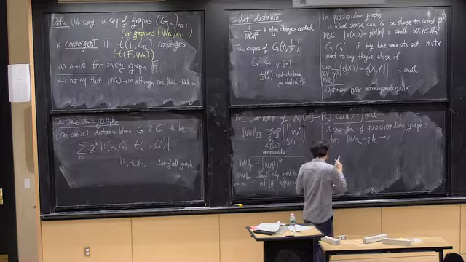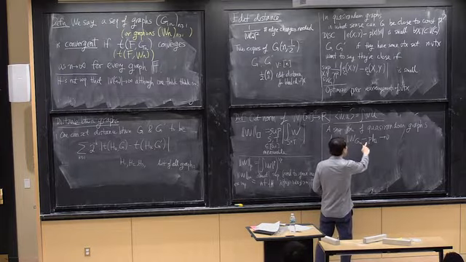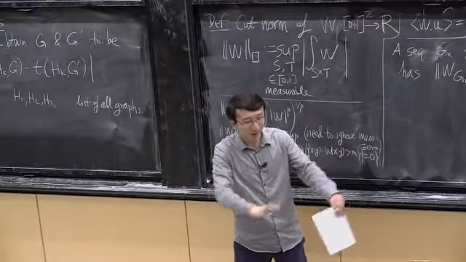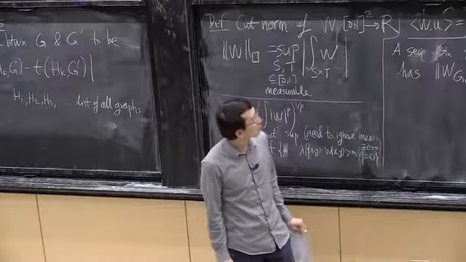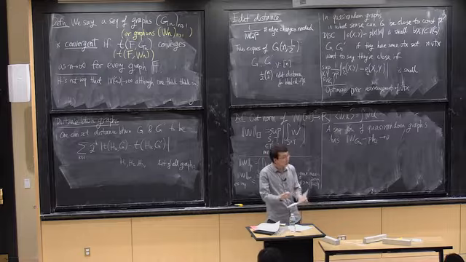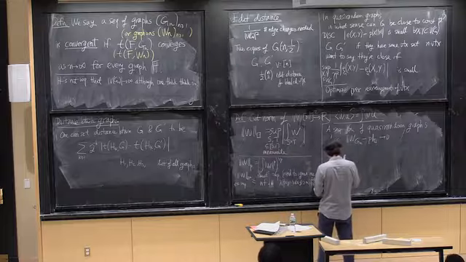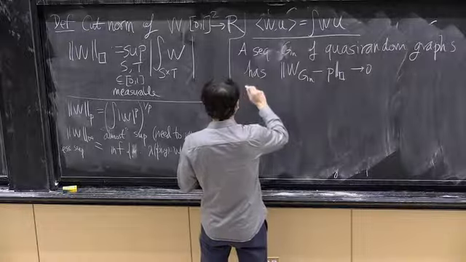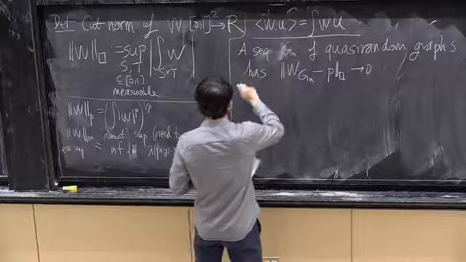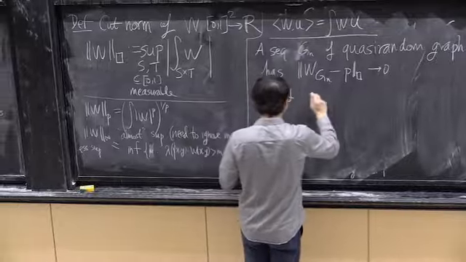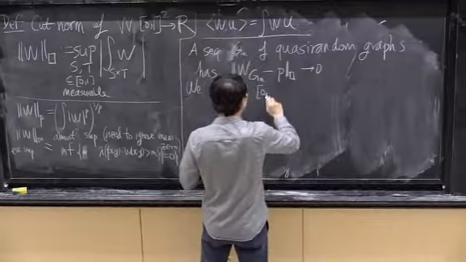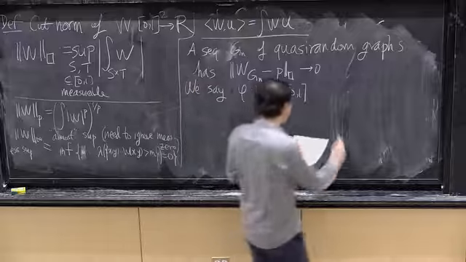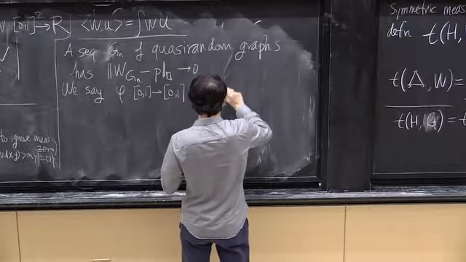For quasi-random graphs, there's no issue having to do with permutations, because the target is invariant under permutations. But if I give you two different graphs, then I need to think about their permutations. And to study permutations of vertices, the right way to do this is to consider measure-preserving transformations. So we say that phi from the interval to the interval is measure-preserving